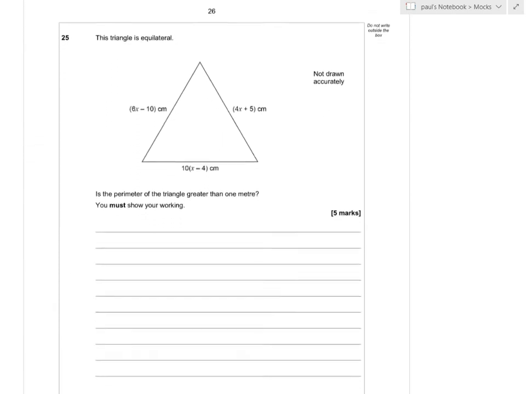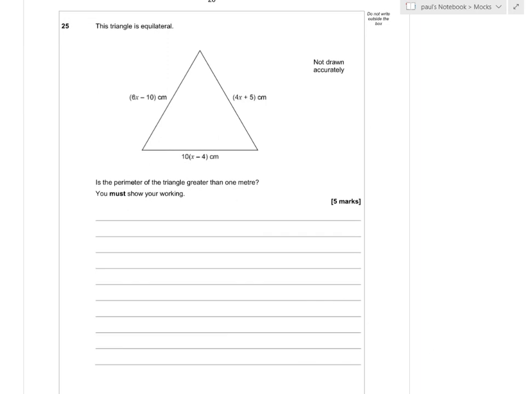The triangle is equilateral. Is the perimeter of the triangle greater than 1 meter? Oh, we've got to add these up. No, we've got to find out what x is first. Now, if it's equilateral, all the sides are the same. So if I take any two sides, say 6x minus 10, it will equal 4x plus 5. So get rid of 4x, so I've got 2x minus 10 equals 5. So add that, so 2x equals 15. So x equals 7.5